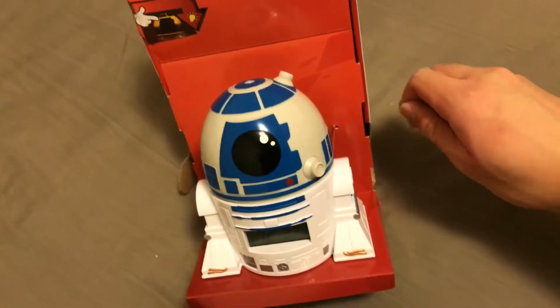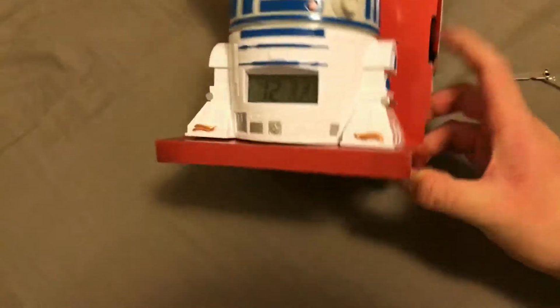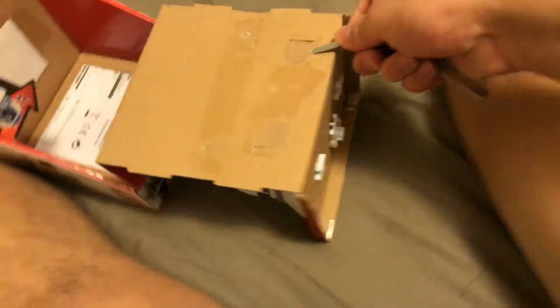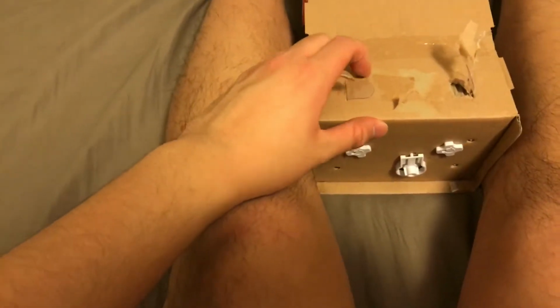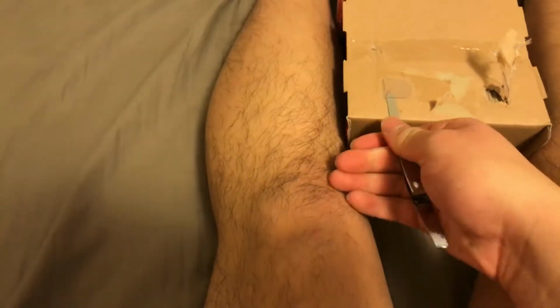And there's the R2D2 right there from Star Wars. I'm just gonna cut those twist ties right there. Oh, over here, so easy. Just gonna use my... got it. Got it open, and then after that,